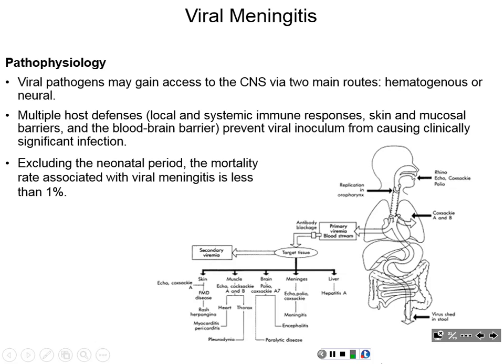Local and systemic immune responses, barriers, etc., and these prevent the viral inoculum from causing a clinically significant infection. And so excluding neonates who have likely gotten this infection by passage through the birth canal,